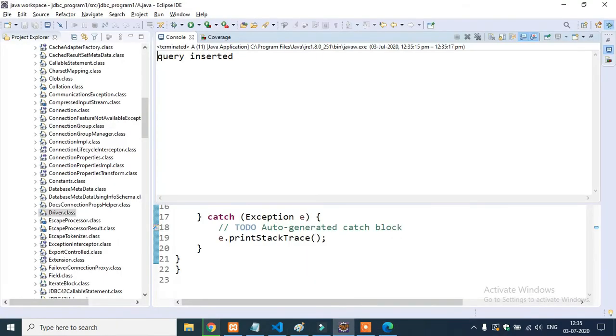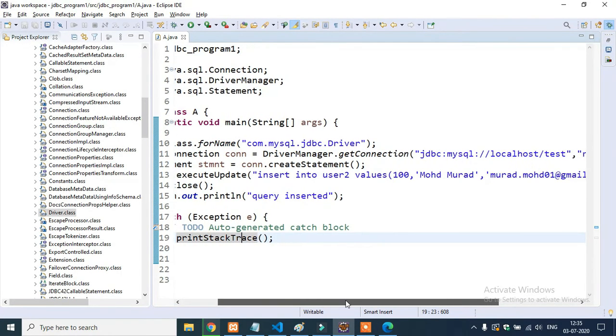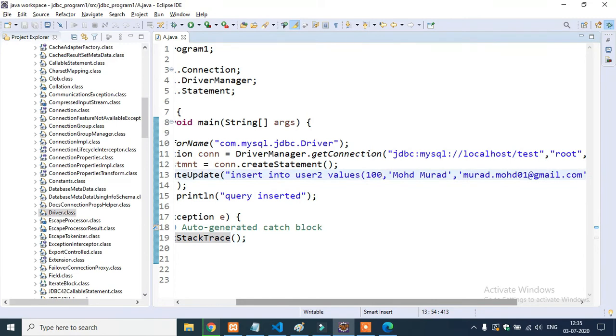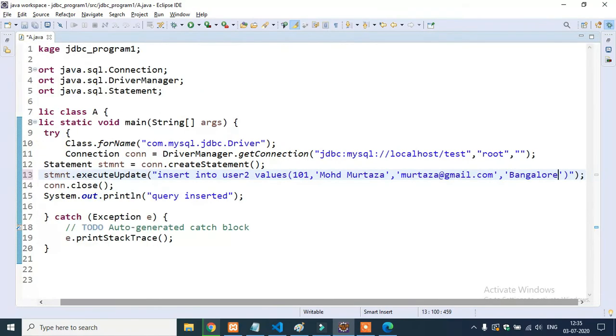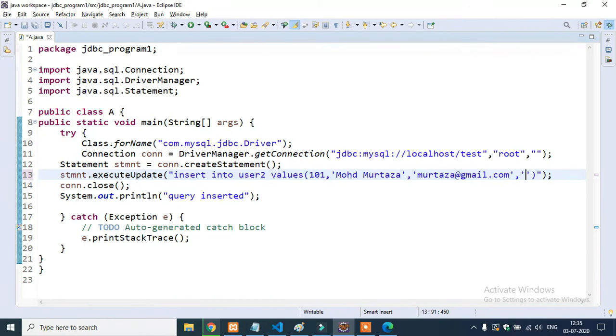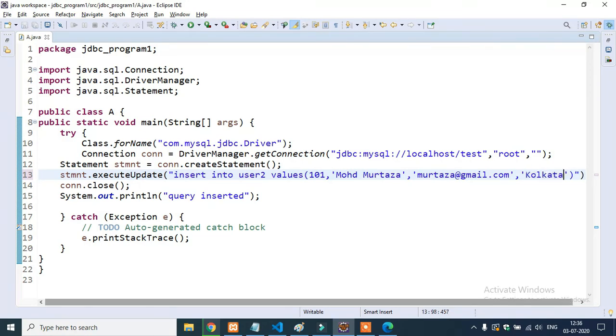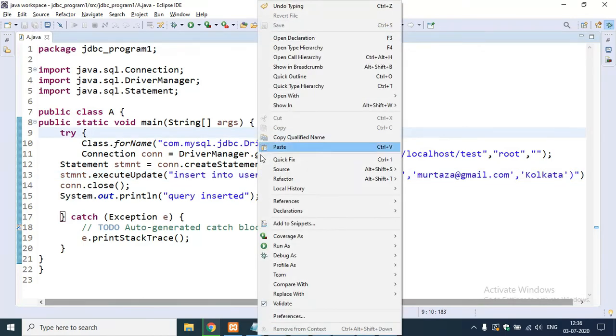Again I'm going to insert. What would I write here: 101, name let's say Muhammad Murtaza, email ID would be Murtaza@gmail.com, and city would be Kolkata, and let's see whether it is getting inserted or not.